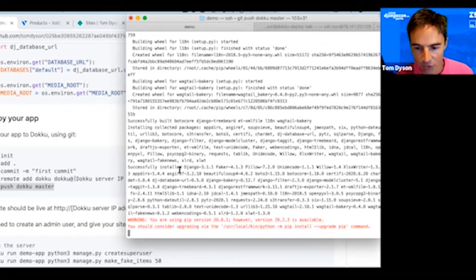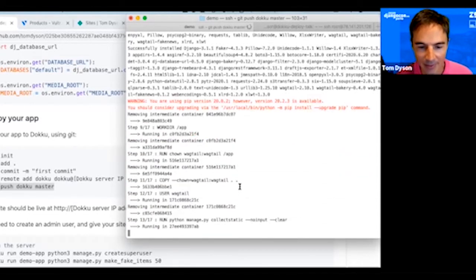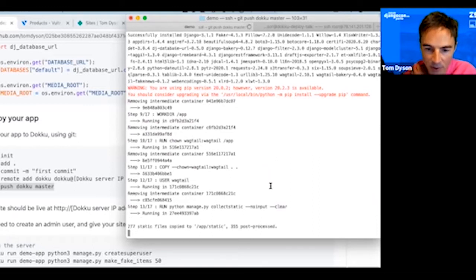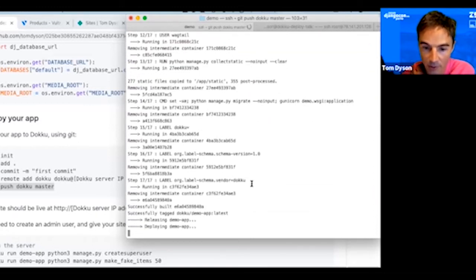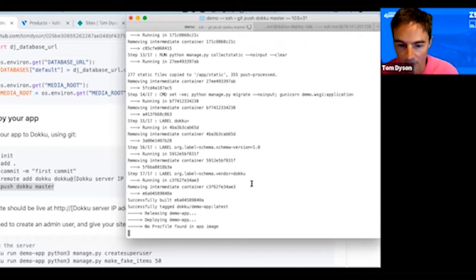This isn't the most interesting part, while it's just waiting to see what the installation part is. But now it's doing the deployment. So these steps will look familiar to anyone who's done Docker before. And maybe, while this takes another 30 seconds, I could just start talking a bit about Docker,